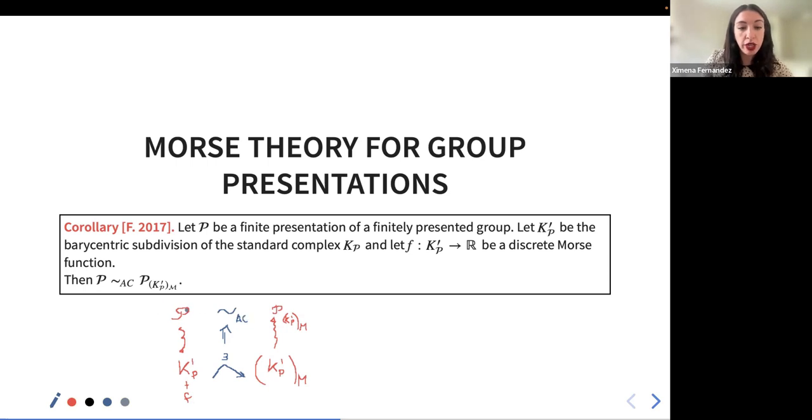So you start with the presentation, you use Morse theory to construct this new presentation, and this refinement of the description of the homotopy equivalence allows you to say that these two presentations can be connected with a sequence of Andrews-Curtis moves, even though we don't know the list of moves, and we have seen, because of the theorem of Bristol, that perhaps it is just too bad to look for the explicit sequence. Okay, so this is the main idea,